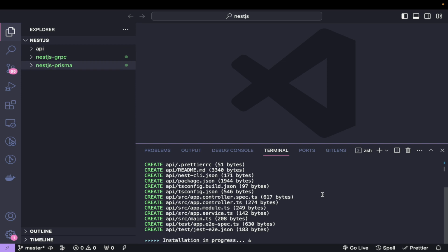While that's installing, I'll just talk through what we're doing here today. Basically, we're creating an API gateway, which is going to be RESTful and have HTTP access, so a client can make an HTTP request as you usually do. Then we're going to offload that to one of our microservices, and we're going to have gRPC as the